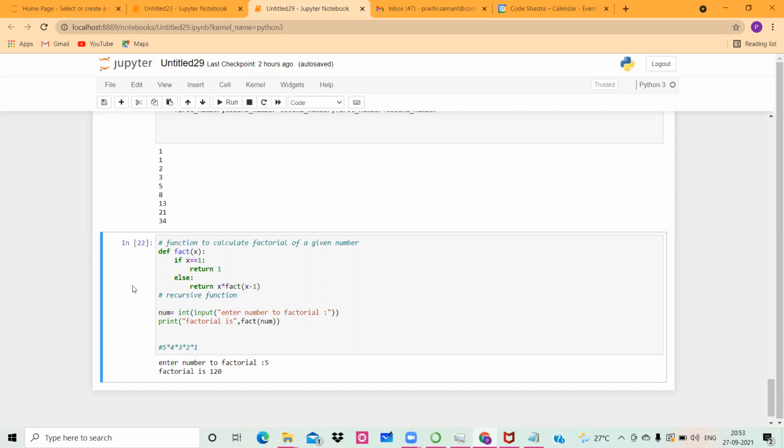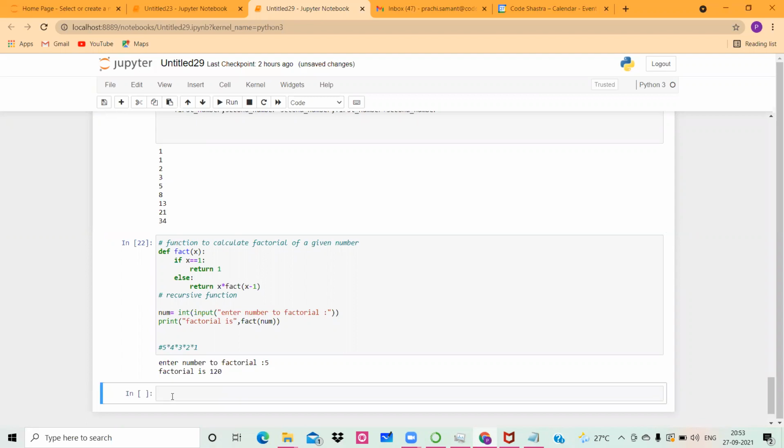Let me give one more example, because this is a slightly new kind of concept. Suppose we are writing a function that adds the first 10 numbers.